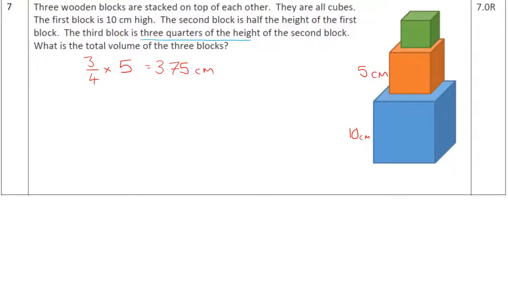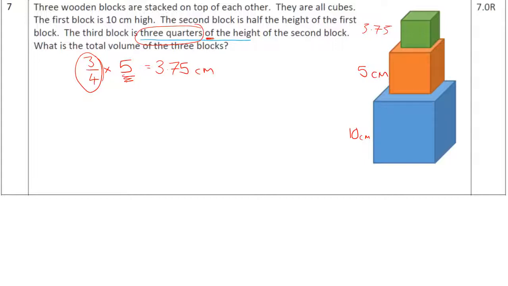So this sort of language shouldn't really be that difficult. You've got to remember that when we say some fraction of something, the word "of" means the fraction is always multiplied by the thing. Okay, so we end up with